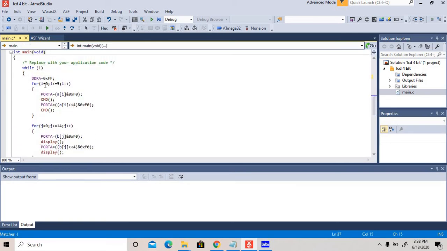So i equal to 0, how many commands? There are 6 commands, so 0 to 5 means a total of 6 commands. Suppose your data lines are connected with which pin? Suppose we have to work on this command, suppose 0x01. This is our command, ending with